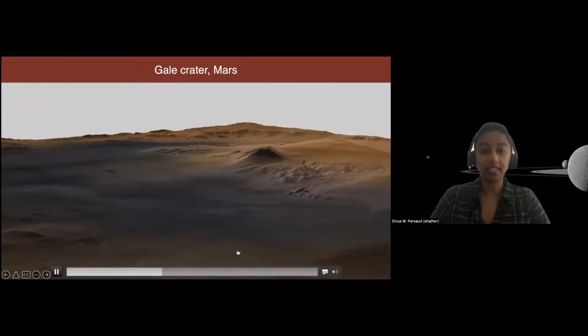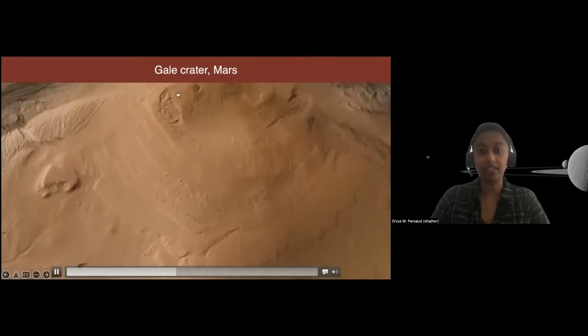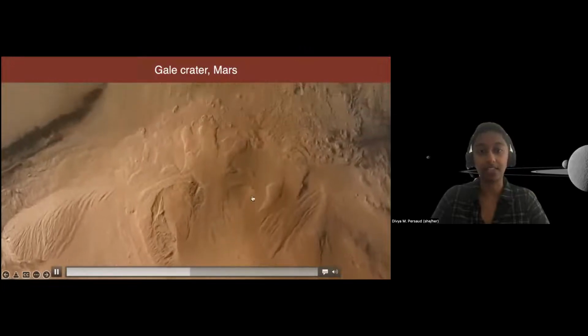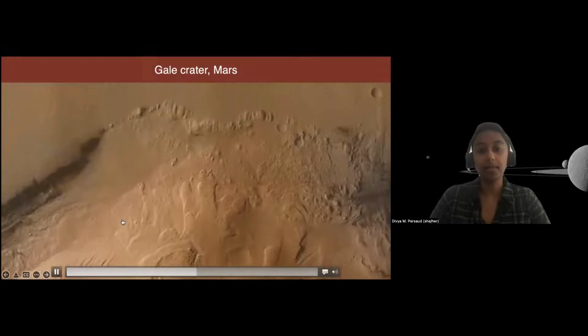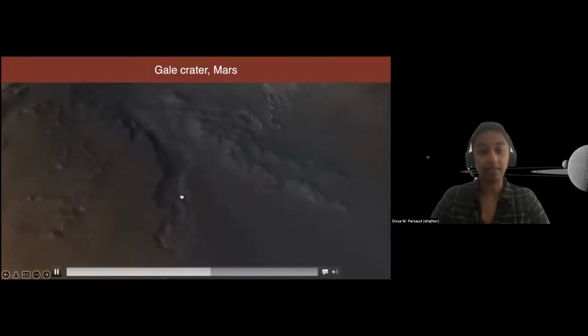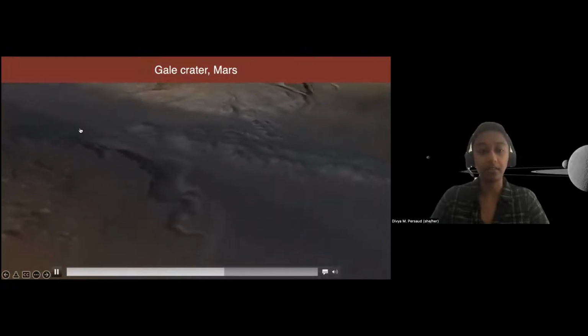But we do know that this crater was filled with water. Maybe it was filled with ice. This feature has been having scientists scratch their heads for a while. It sort of looks like glaciers here. But the floor was a big lake. There were these massive canyons coming from the rim, filling the lake environment on the floor of this crater.